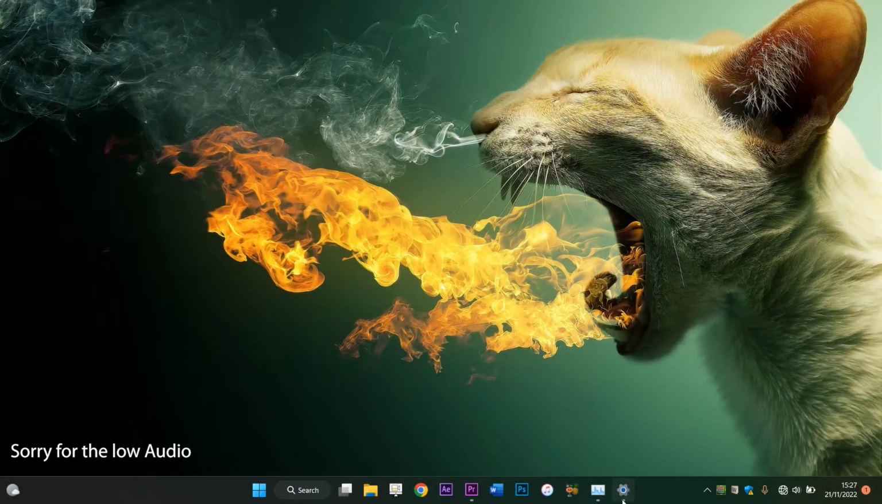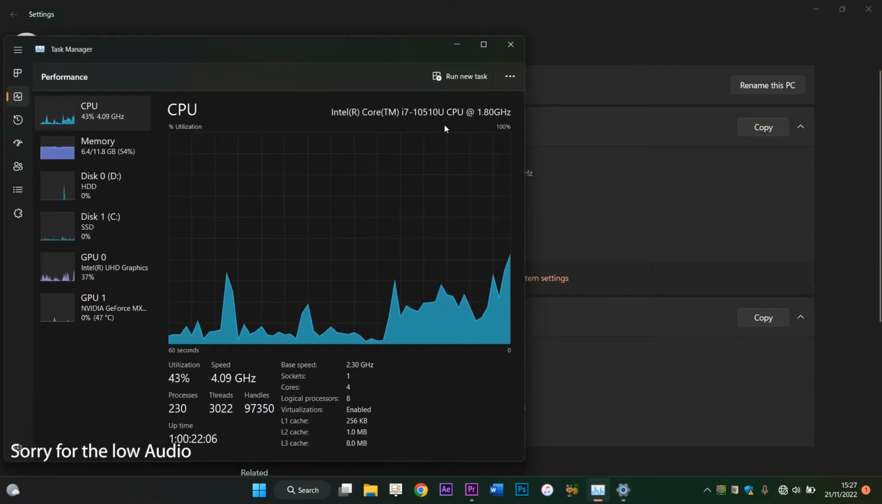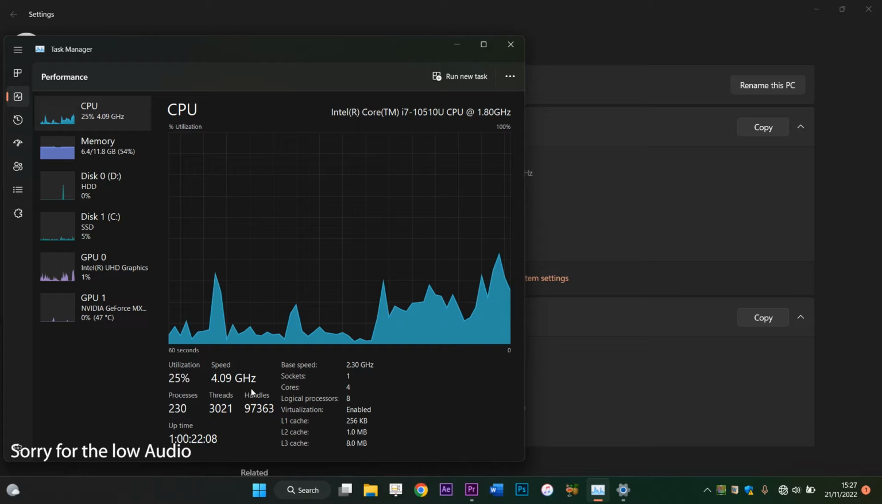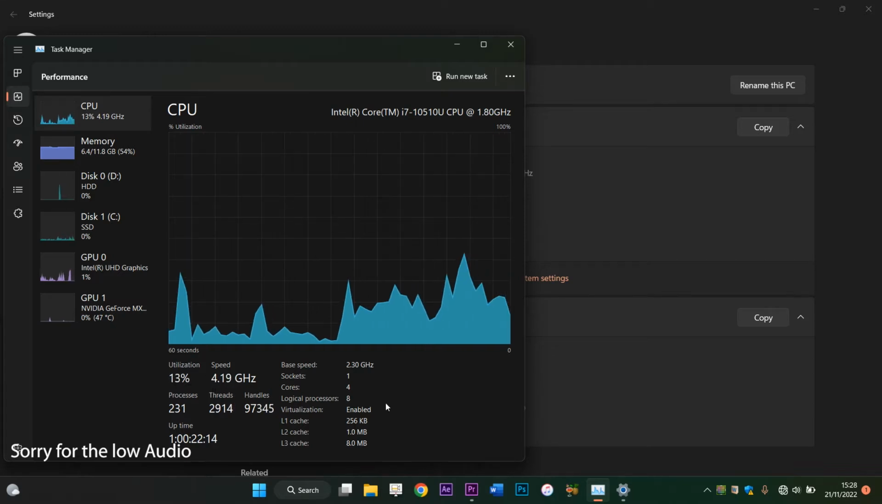Without too much further ado, let's get started with the main point of this video. These are the specs. Let me show you the specification. As you can see, it has a Core i7 10th generation CPU, 2.30 gigahertz is the base frequency of this processor, as you can see here. And as you can see right here, even in idle mode, it goes up to 4.14 gigahertz, 4 point something